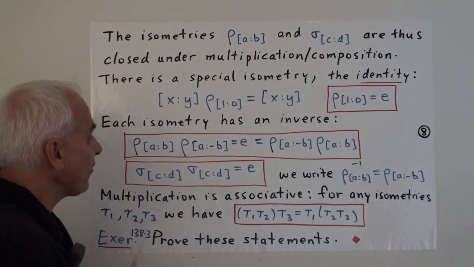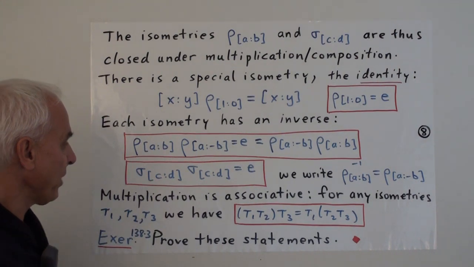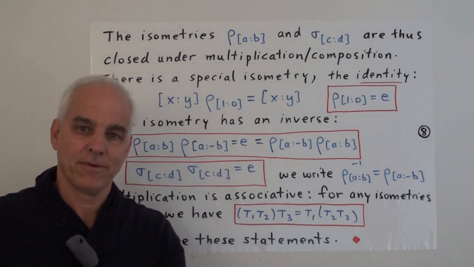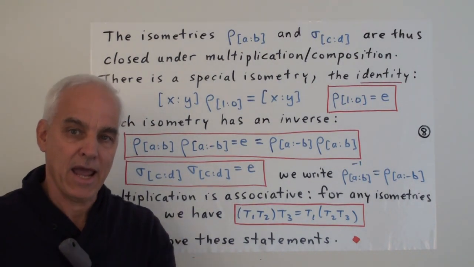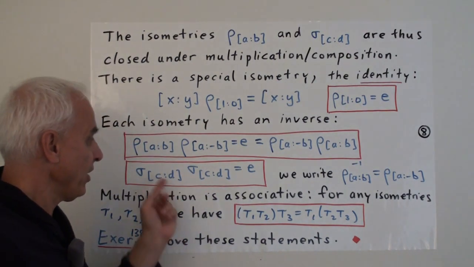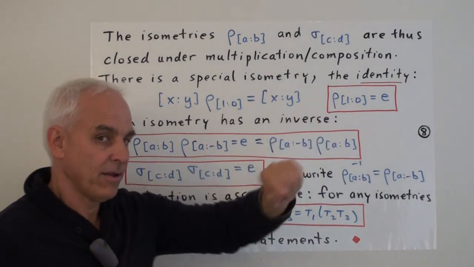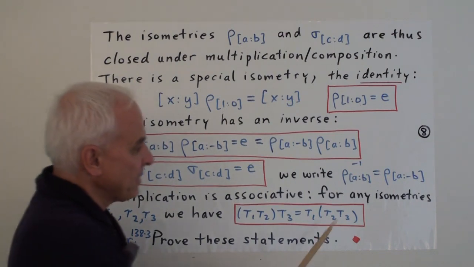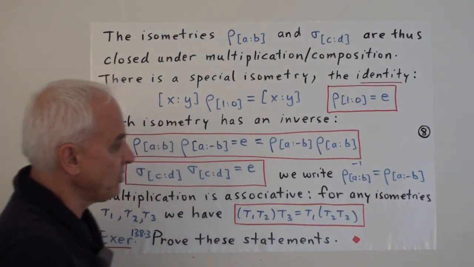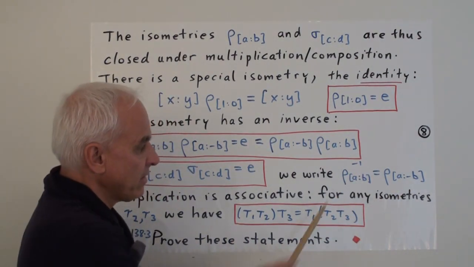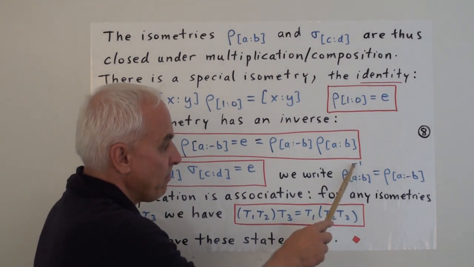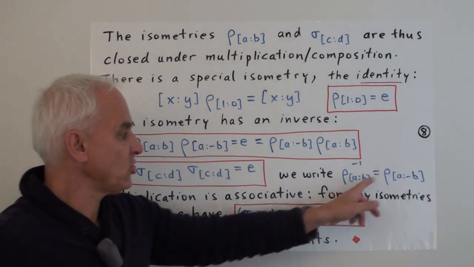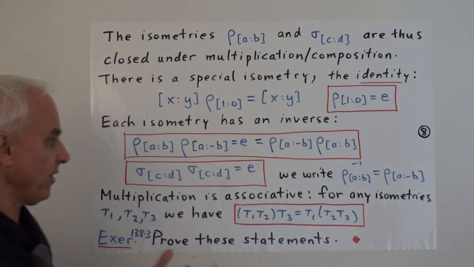Similarly with the sigmas, but the situation there is a little bit simpler because the inverse of a reflection is just itself. You do a reflection and then you do it again, multiply those two together, you can check that what you're going to get is this identity rotation. And this is a common symbol that we introduce for this inverse idea. So we write rho a to b to the minus 1 up here equals rho a to minus b to reflect the fact that these two are inverses in this multiplication.